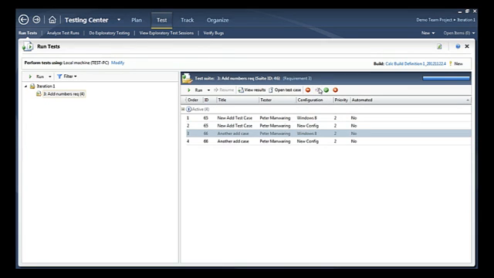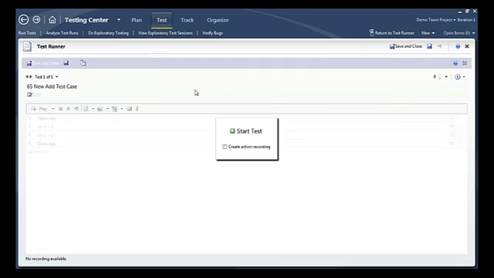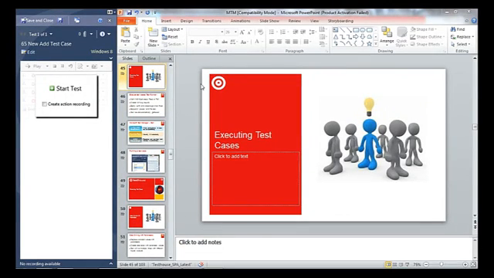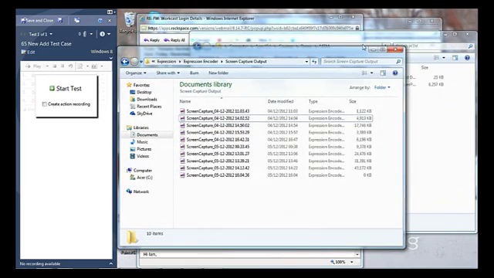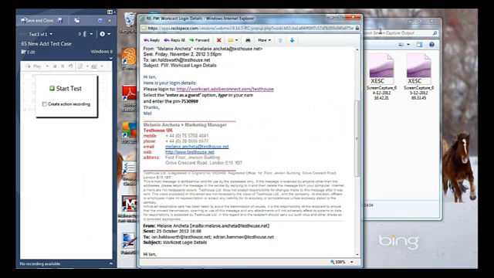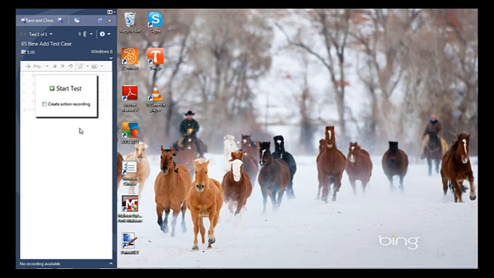Okay, so let's actually go ahead and test one of these cases now. You highlight the one you're interested in and simply hit run. And that will launch something called the test runner. What happens there is the whole screen minimizes apart from this test runner, and that is used to actually drive the test. You've got several options here. You can start the test or create an action recording, which I'll talk about in a second. So if we just start the test,